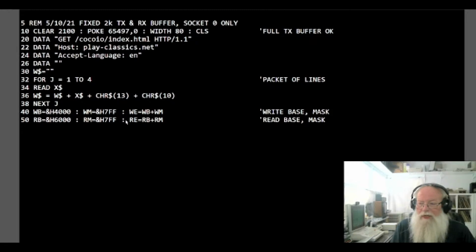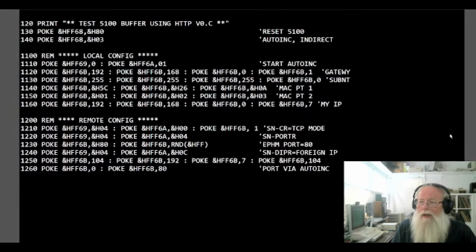We've set up our 2 data buffers to use for our first socket here. And then we're off to, let's see, where are we off to? Filling in our config chart, and this is a demo. So we're going to ignore everyone else, reset the chip, and just bang right into it. And then we're going to start auto increment, so we don't have to write an address for every byte we write to the chip. We can just sequentially bang FF6B over and over and over until we get to the